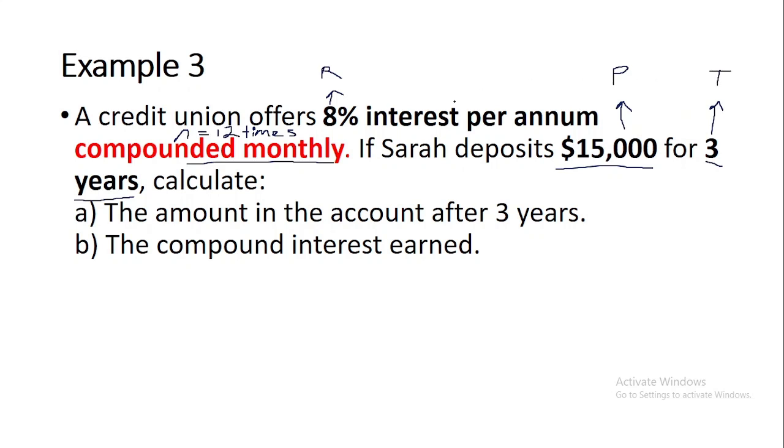After we know all our variables, we're going to first find A, because it asks us to find the amount in the account after 3 years. So that's the total amount. A is the total amount, so we're trying to find what A is. That's the amount in the account, the total amount, and it's going to be equal to P, which is the principal, 15,000,